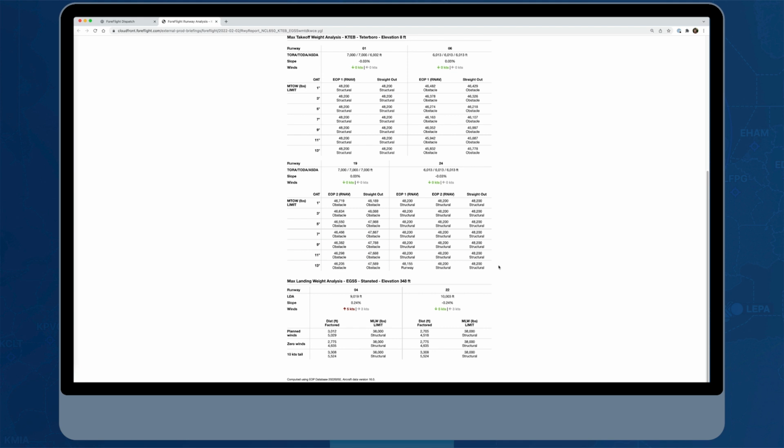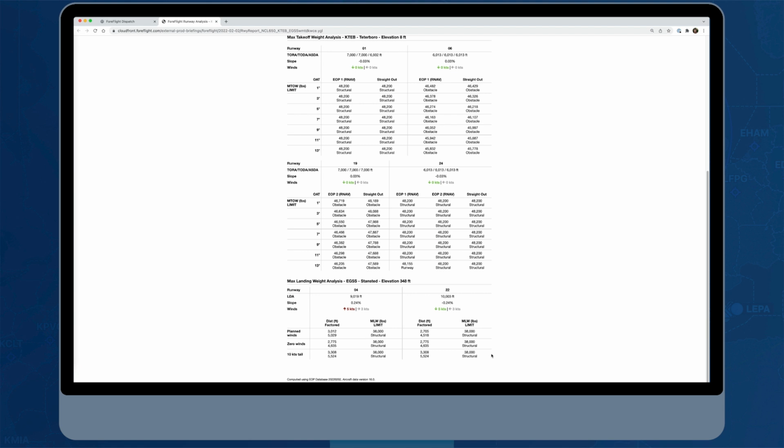parameters. And then in this table that we're looking at right here, with the conditions that we've predicted for landing, we're able to see, from the runway that we've selected, in this case runway 22, with the planned winds, 0 winds, and a 10-knot tailwind. So basically a best case scenario of the planned winds or 0 winds, or a worst case scenario of a 10-knot tailwind, we're able to see how much runway is required and how much runway do we need once it's been factored. In addition to that, to the right, similar to how we do it for takeoff, we show what's